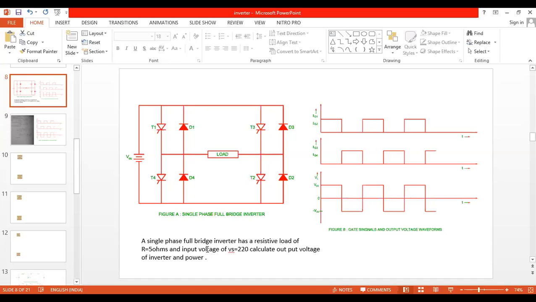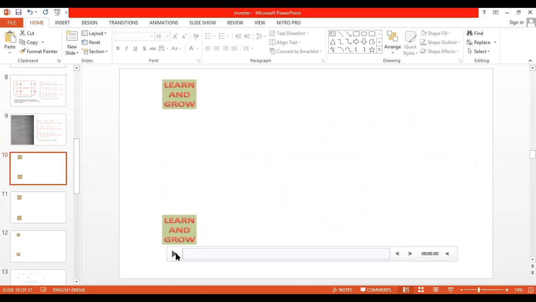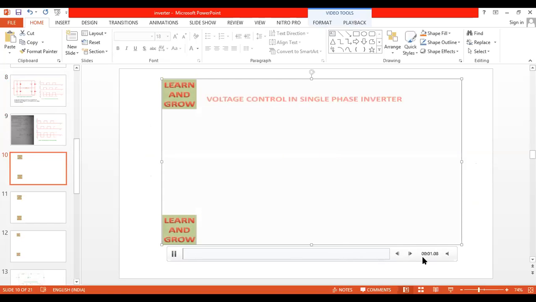So now let us move to the next topic. As I mentioned, you must understand the theoretical concept here. If you are developing one inverter circuit, DC supply is converted into AC, but we are supposed to generate variable AC. So in the industry, what is our next topic? Voltage control of inverter. Remember, a theory question, 100% you will get in the examination. Explain the voltage control of inverter. So what are the techniques? How to control the output voltage?